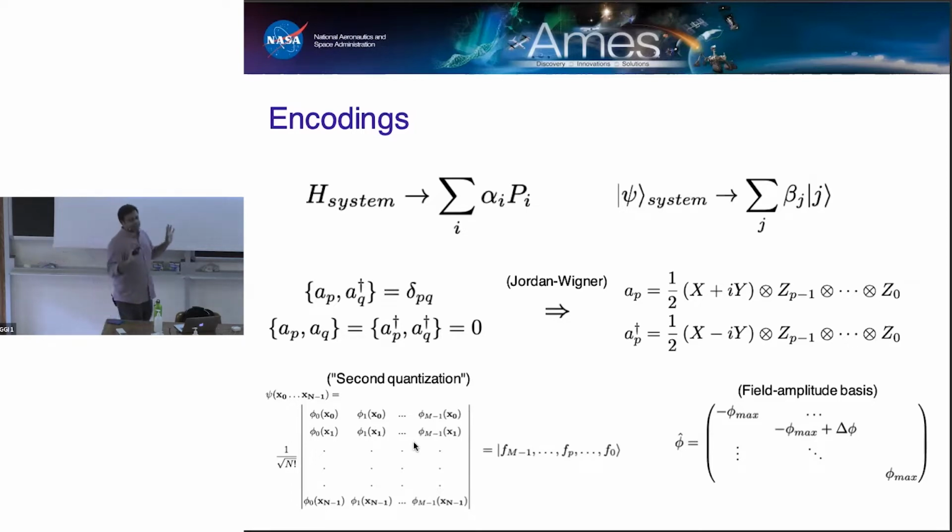I would like to say that this is often a non-trivial step, and you'll probably get more into it in other talks. We'll basically assume that the Hamiltonian that we consider can be written as a combination of Pauli operators. And one of the nice things about Pauli operators that I'll mention from the very start is that they're both Hermitian and unitary. And this is a property that we'll exploit in at least one of the algorithms. And the system and the states of the system are basically just some superposition of computational basis states.